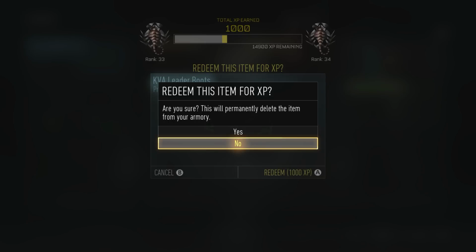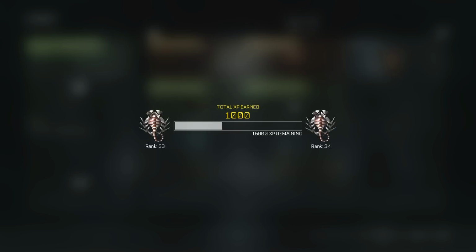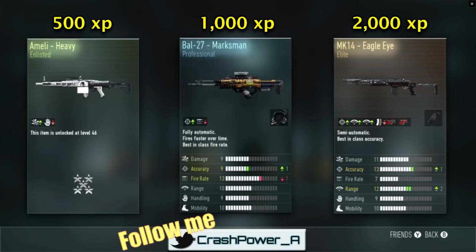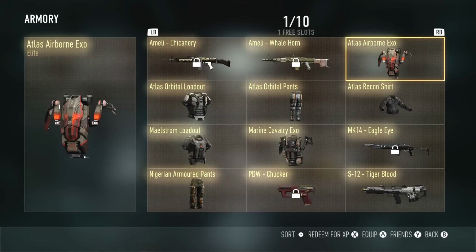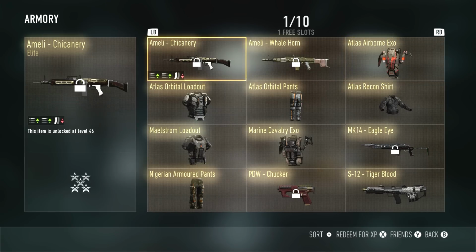The amount of XP you get for redeeming an item depends on how rare it is. Common items will give you 500 XP, professional items will give you 1000 XP, and any elite item will give you 2000 XP. You can also sort this stuff by rarity type, alphabetically, whatever you want if it helps you sell stuff. I would recommend not letting it get close to full, because sometimes it'll screw you on your supply